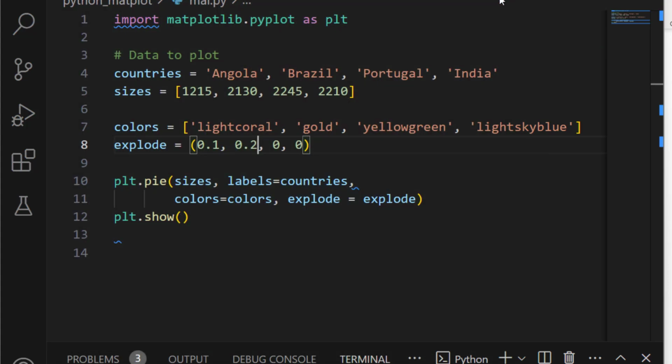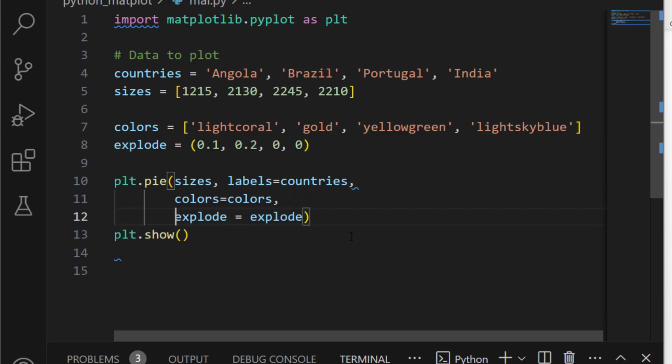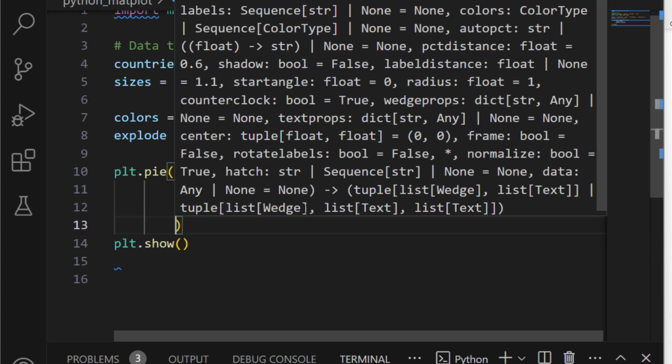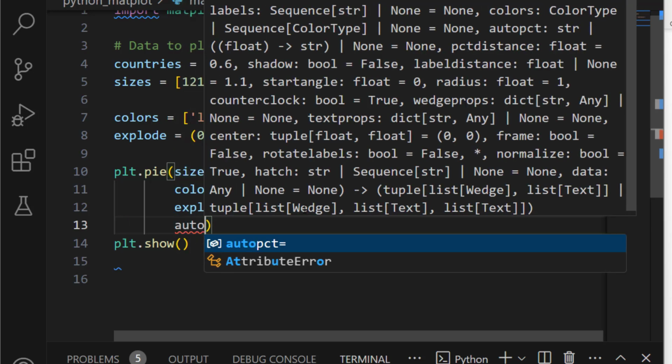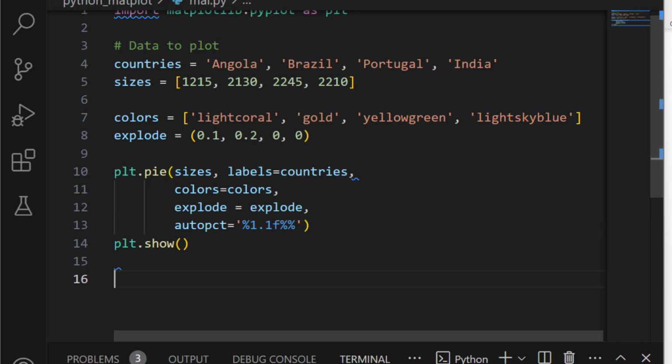Apart from that, there is also one cool thing that you can apply to this, which is this guy. Let's just give a comma here, come down. I used to forget how it's called, but something like that: autopct, comma. And we can give something like that: percentage 1.1, and f, which is a format string, and percentage. You can also apply this guy. Save. If I run this, I used to forget how it is called, but I know that it is a good configuration that we can apply.